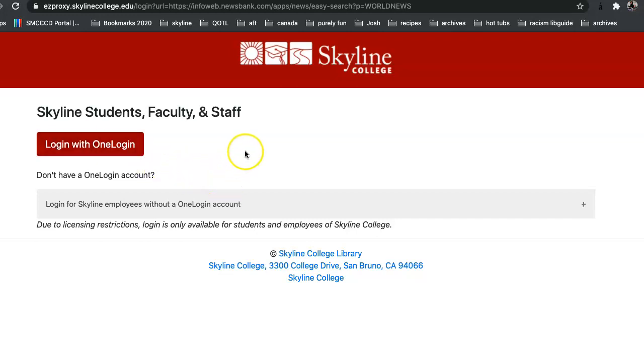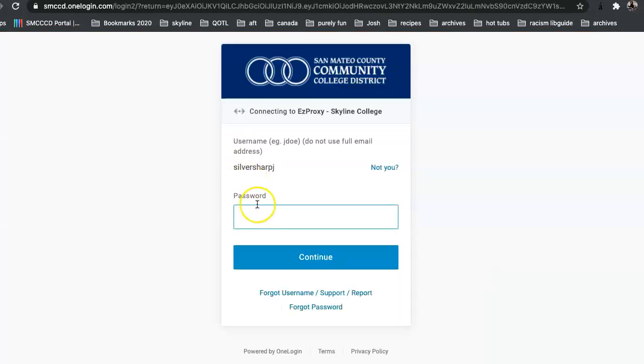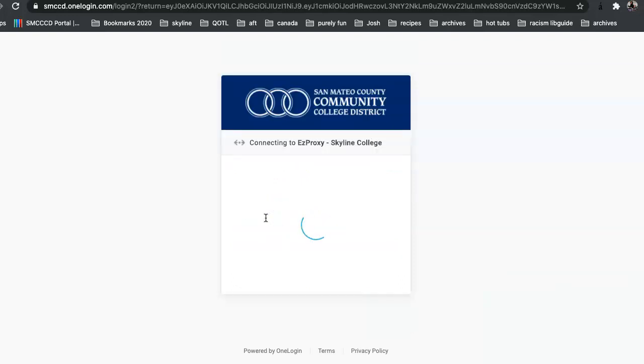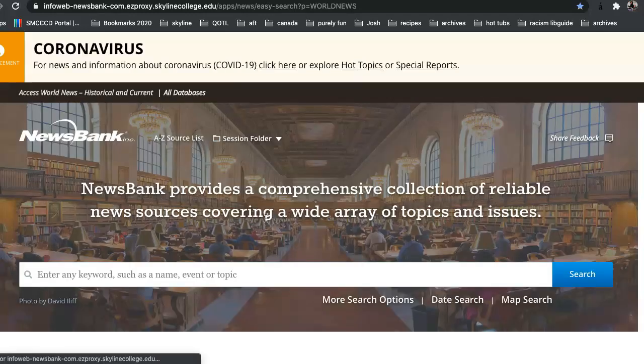So I'll go ahead and select NewsBank, and I'm going to log in, as you would too, with one login, which is the same way that you would log into Canvas. My username is saved, so this is the first part of my email address without the @. All right, once we've arrived at NewsBank, you'll see this first blank search box for a general search, but we're